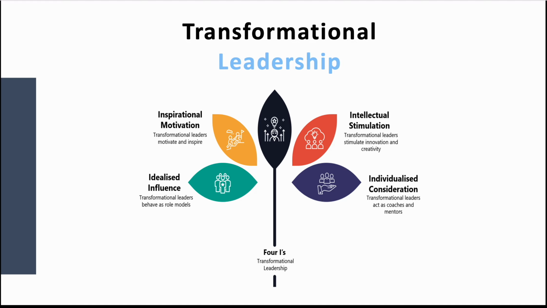But transformational leadership essentially says that if you want to be a leader who has charisma, who influences others, who really has a vision and gets people on board, there are 4 things you need to do. You need to have an idealized influence, so you behave as a role model and get others invested and they want to follow you because they like you and they care about you. You engage in inspirational motivation, so you figure out what's important to your followers, and you use their values and you try to connect what you're doing back to their values to help motivate and inspire them